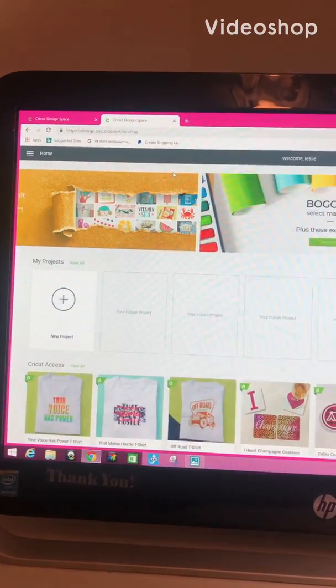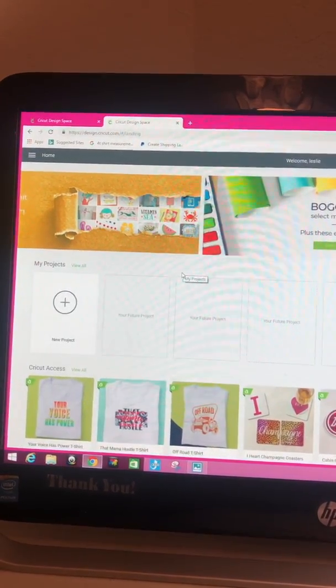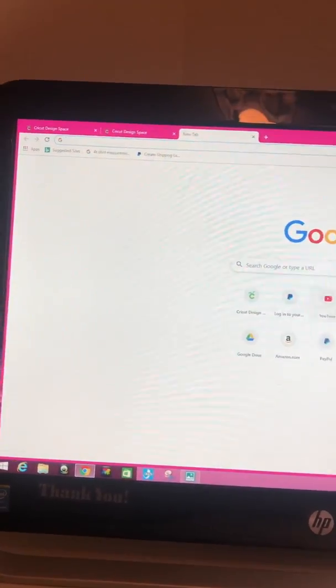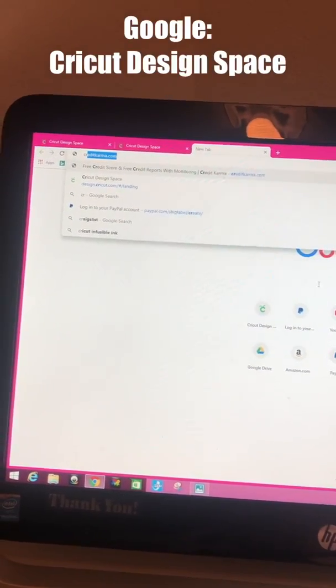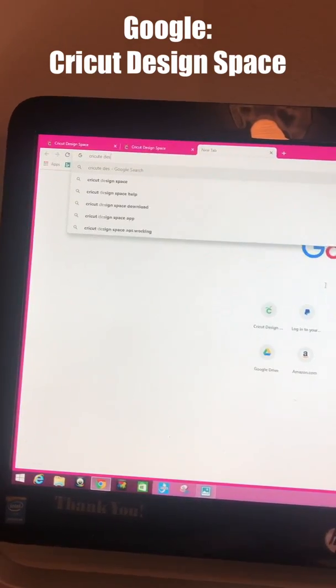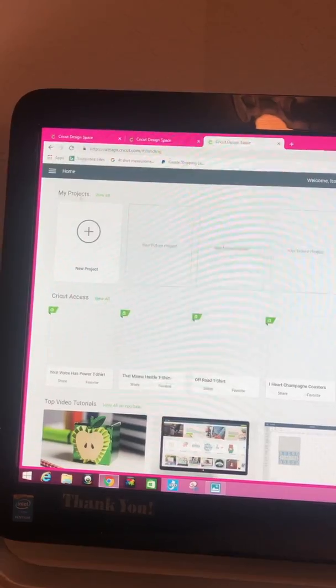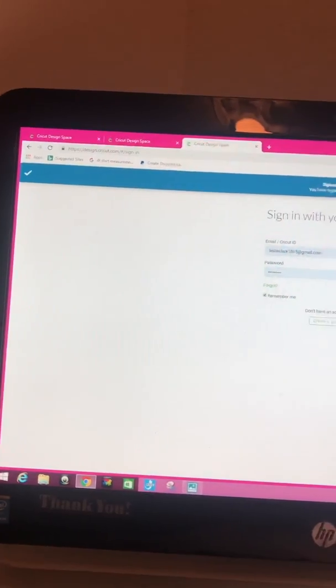Okay, so even if you don't have a Cricut, the Cricut Design Space website is available for anyone. You don't need a Cricut. So you would go to Design Space. If you don't know how to get there, I'm gonna provide the link, but you could also Google it. You just put Cricut Design Space, it'll come up, and then you just click on it. I already have an account with them, but you can simply just sign up. Let me sign out. So you would go here to create a